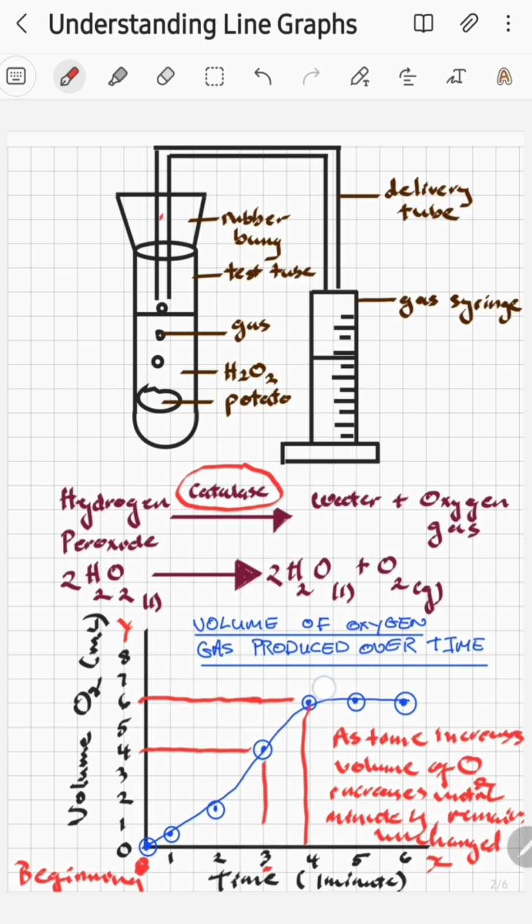So this represents the end of the reaction or the experiment. So at this point, we can deduce that all of the hydrogen peroxide has been used up. Okay, so that is just an explanation of